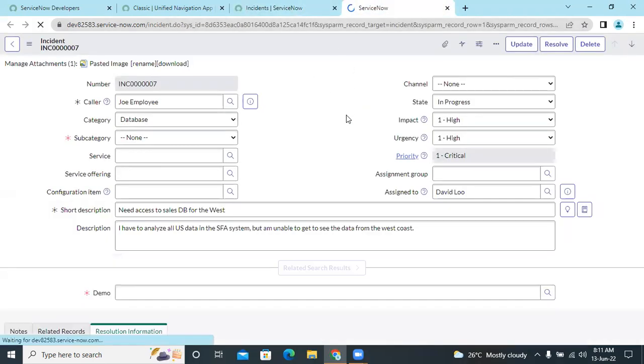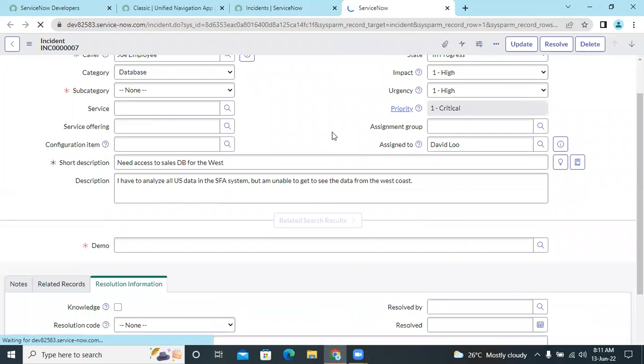So if you want to make something read only or mandatory, or you want to show or hide based on some conditions on the other fields, then we will be using UI policy. This particular UI policy is for the user only, if any user opens this particular form. Okay, like this. But in case of data policy,